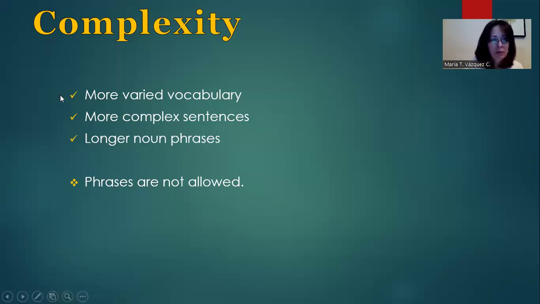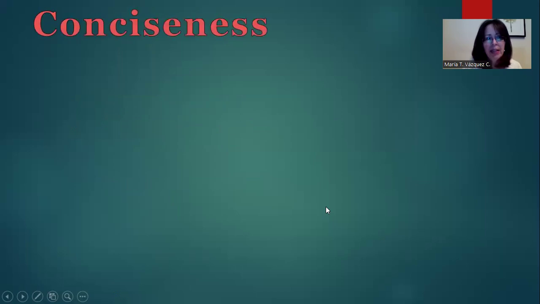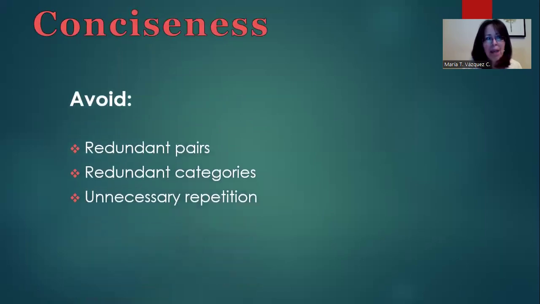Okay, and finally, conciseness is another characteristic of academic writing. That's why we have to avoid including sentences, ideas that don't say anything, that just repeat what you have already